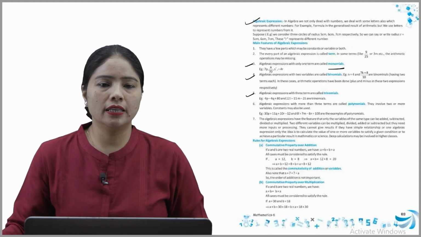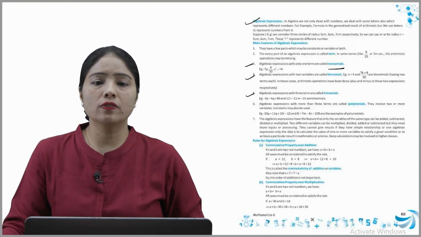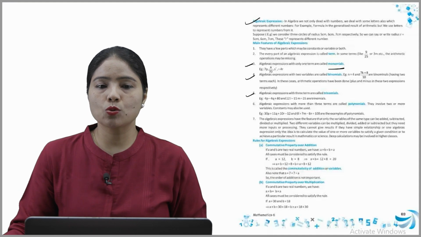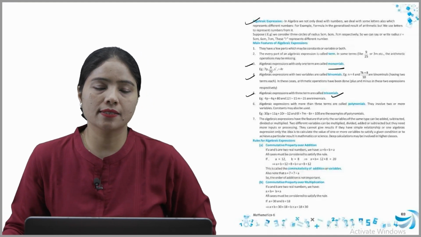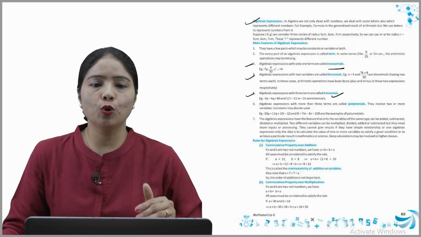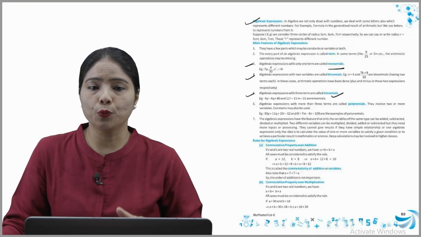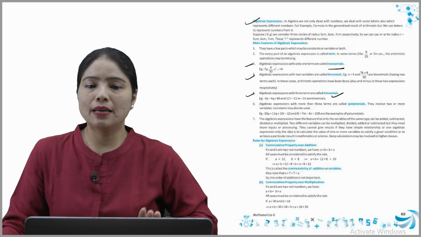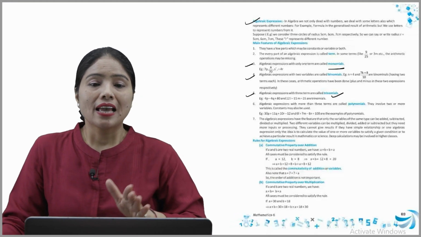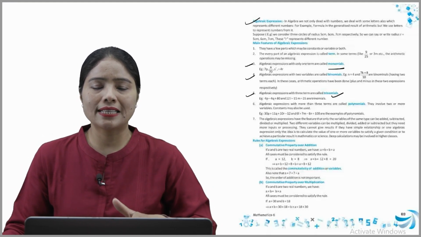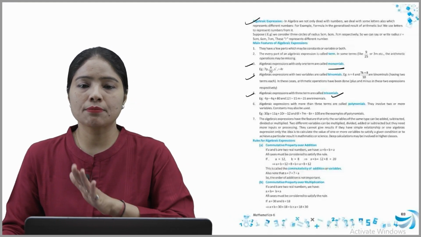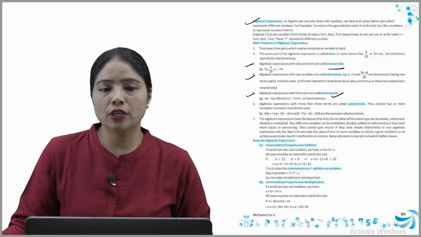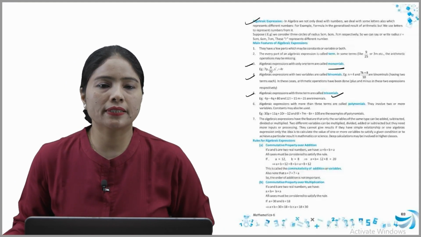Now the fifth one is algebraic expressions with 3 terms. Those which have 3 terms are called trinomials. See, the example is 4p minus 4q plus 80, which becomes an expression of 3 terms, and 121 minus 11m minus 25. So this also has 3 terms. I hope you understood.